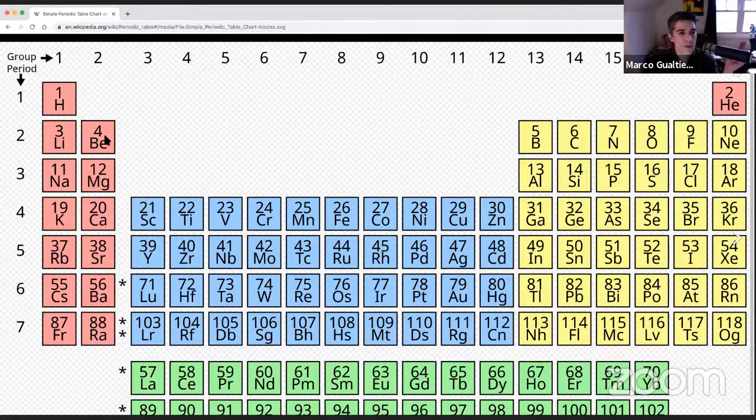So after 1s and 2s are filled, then the next level is the 2p, and the 2p is not a one-dimensional subspace of L2, but it's a three-dimensional representation of SO3. And so that means that we get 3 tensor 2, which is 6. So we end up with 6 possibilities: B, C, N, O, F, and Ne. These 6 additional electrons are all filling in the 2p orbital, which represents three-dimensional tensor V1/2.